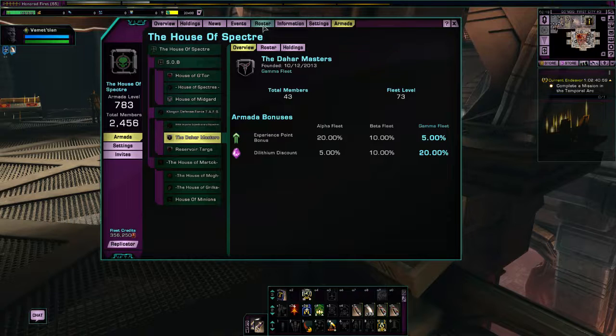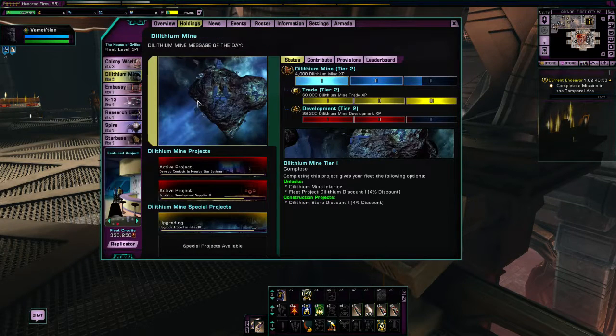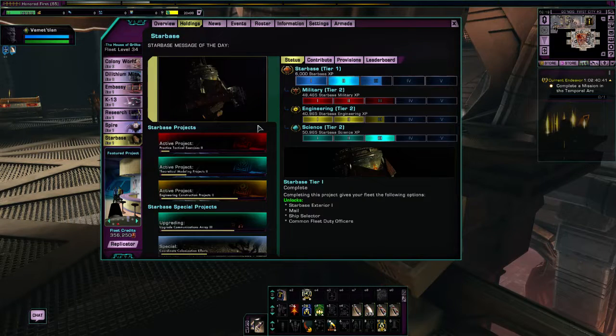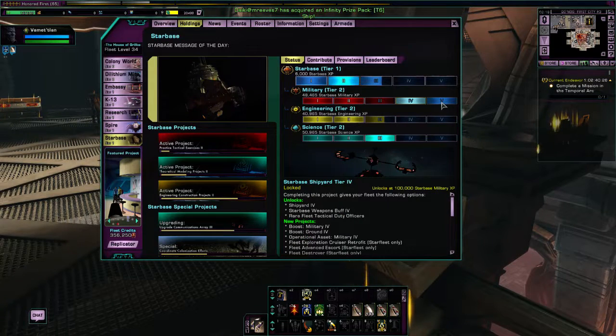Right, so that's Armadas. I've talked to you about checking your overall holding contributions. We've talked about fleet projects, earning fleet credits, how the different holdings progress. Right, I suppose the next thing I can talk about is what gear you can get. So from the fleet starbase, depending on the level of the military facility, you can purchase a number of fleet ships. Now you might ask, what is a fleet ship? Well, a fleet ship is...